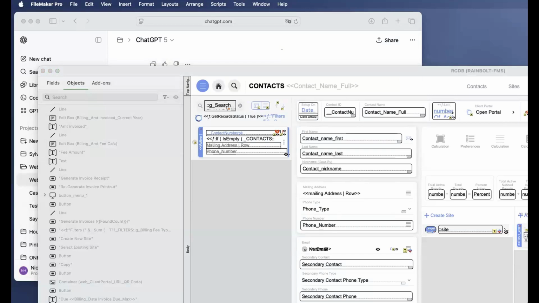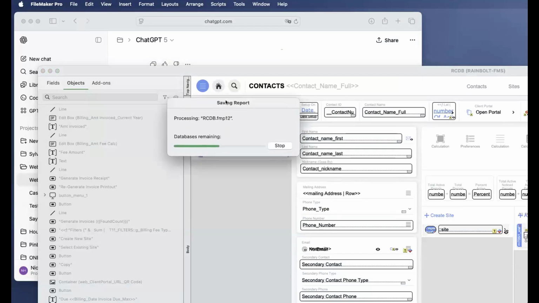Yes, all. Okay. So it's saving all the scripts. That means with this, ChatGPT will know all of the scripts, names, contents, steps, everything. Everything will be known. So it will know which fields, which relationship, which every custom function, whatever.